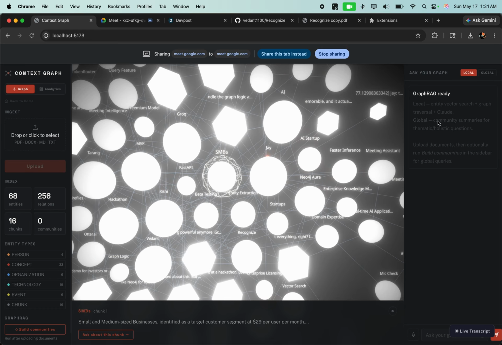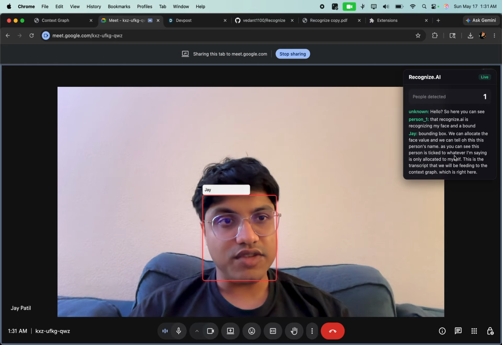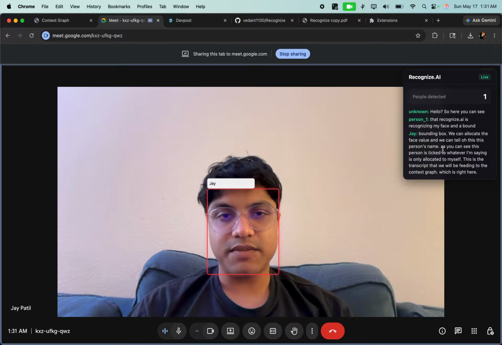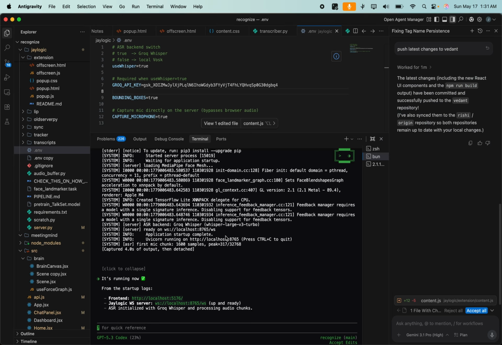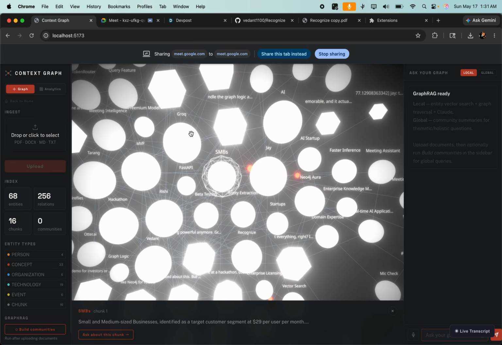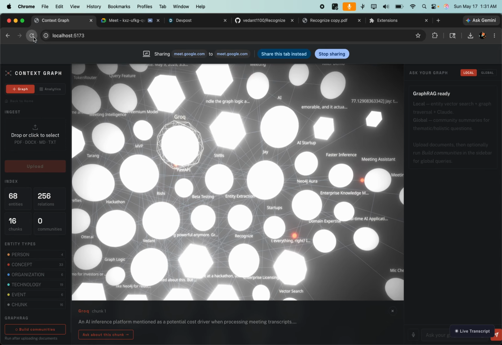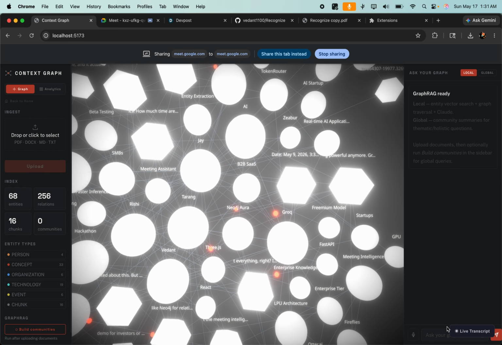Here we also have a RAG to ask whatever we want to get what individual people or topics contributed to the system. Here we can upload it. So yeah, oh yeah, so this is the transcript that's being fed. Once we end the call, our backend sends this to the Neo4j database. So if we see right here, a new thing should be added.